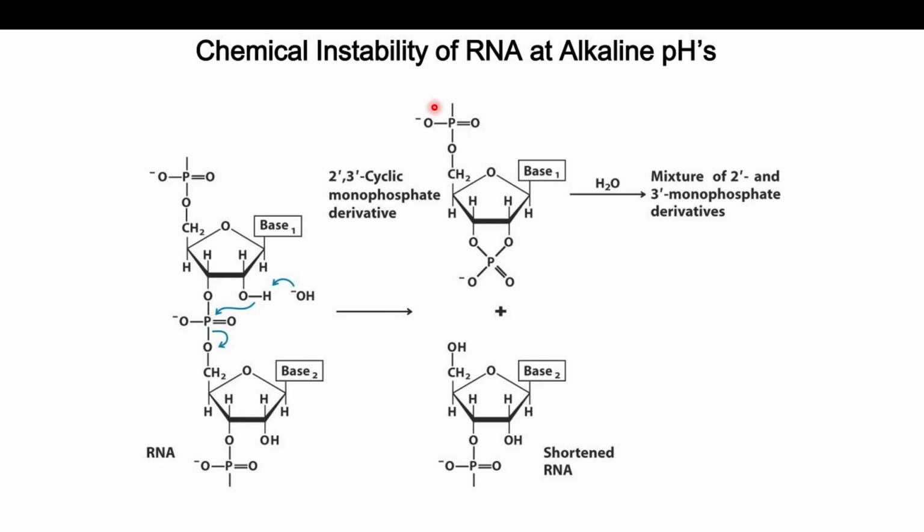Okay. Now, if we talk about the chemical instability of RNA at alkaline pH, what actually happens is, suppose this is an RNA strand linked by phosphodiester linkage here. This is one ester linkage, and this here is another ester linkage. Then at alkaline pH, there is an increase in the concentration of OH minus. Now, this ribose sugar has a 2' OH group here. So this OH minus tends to attack this oxygen here and take away the H plus here,